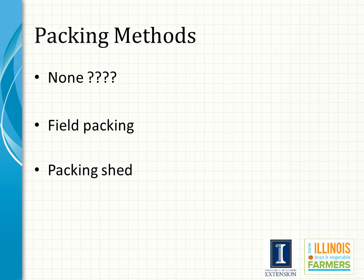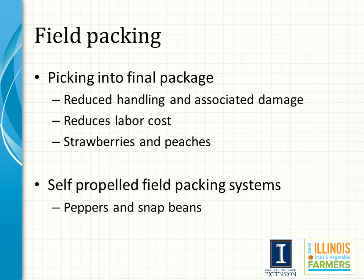Once we've trained our help, we've got our stuff picked into appropriate containers, we kept it in the shade until it was time to bring it into the shed. Anyway, now we need to spend just a second talking about packing methods. And packing methods vary widely throughout the state from grower to grower, and they can include anything from basically no packing method to field packing to a full bore packing shed with a packing line, to retail in, or peaches where we're going to pick them directly into the pack or half pack cardboard box